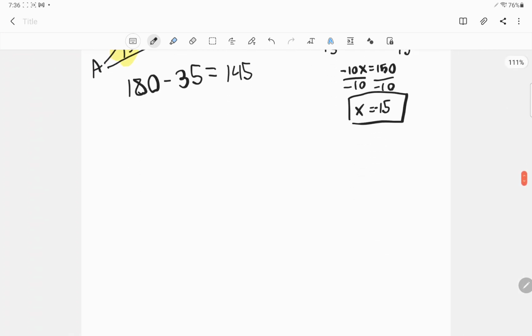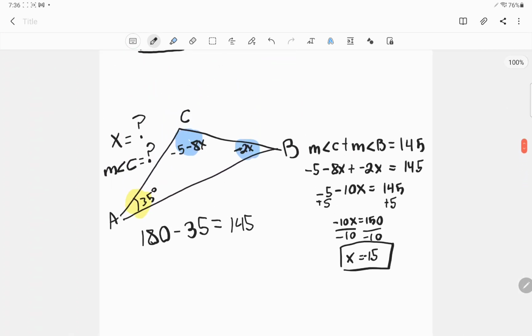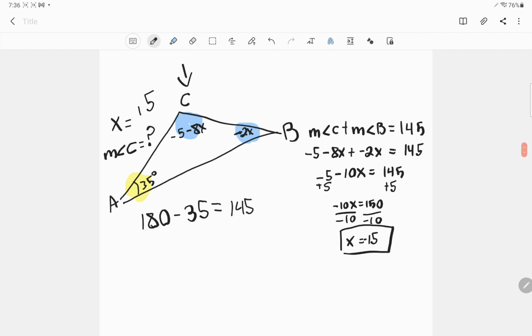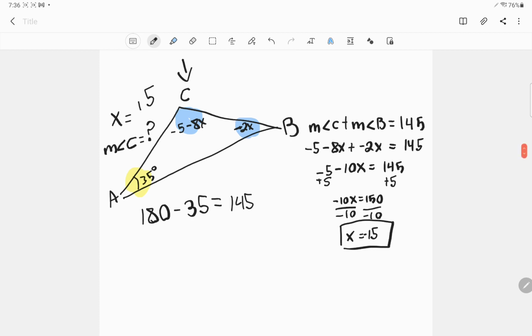Now, what am I going to do? Because I need to solve for what? I already solved for x, so I can actually delete that real quick. I can delete this, right? Because we know that x is going to equal negative 15. Now I have to look for angle C. I'm going to have to look for this angle right here. So what am I going to do? Well, at this point, it's very easy. Because I know what x is, I'm just going to plug x into the angle C that they gave me. So I'm going to write negative 5